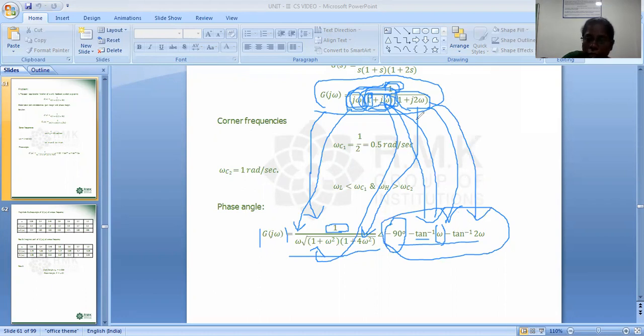So minus tan inverse of imaginary by real. The imaginary term here is 2 omega, so 2 omega divided by 1. This is how we have to write the angle expression from the G of j omega. Once we write both the magnitude as well as the angle expression, now we have to find out the